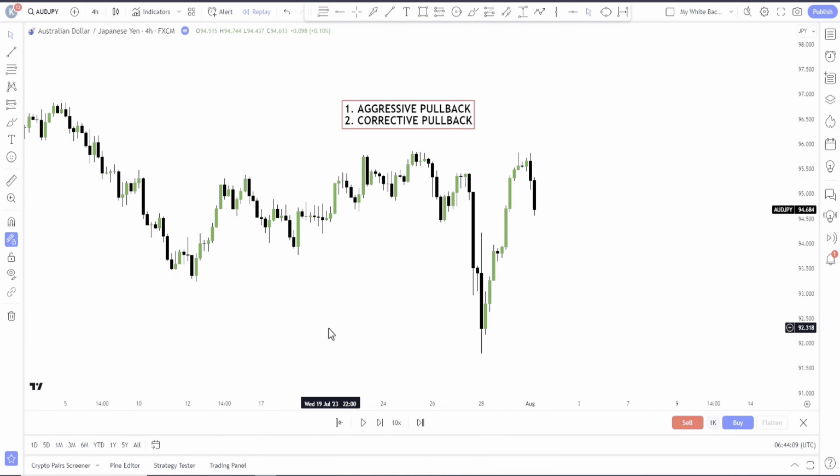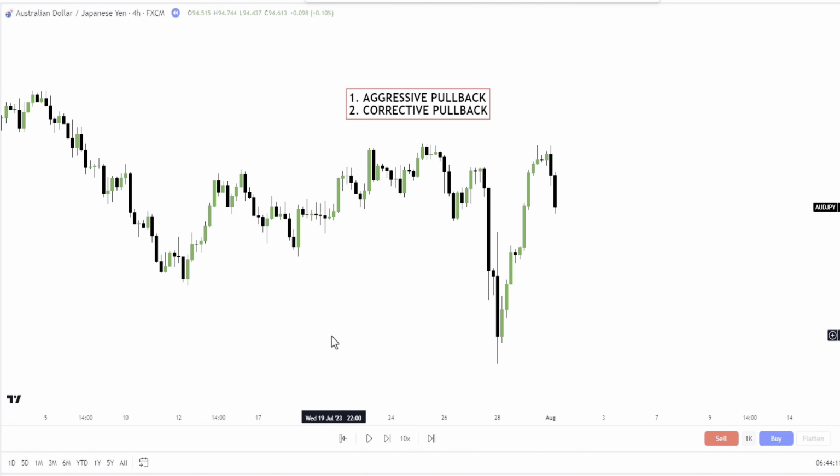All right, traders, so this is it right here. So we basically have two types of pullbacks. We have the type of pullback called the aggressive pullback, and we have the corrective pullback. And one thing about these types of pullbacks is that whether you know them or you don't know them, you probably have used one of them to enter a trade. And then I'm going to show you where you're getting it wrong and show you how to fix it